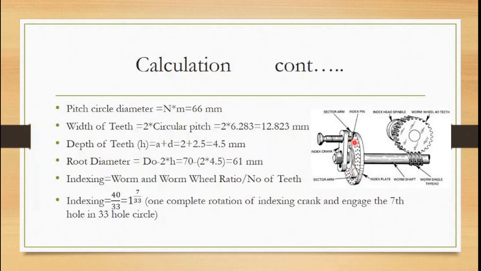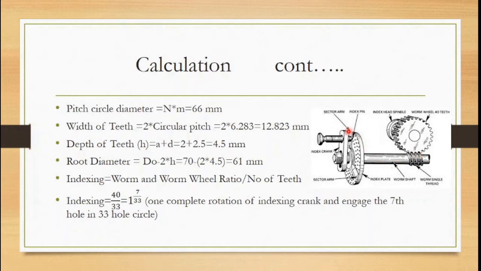So which hole circle is having 33 holes? In that we have to engage the seventh hole after rotating this crank one complete revolution. By doing this, we can divide the gear blank into equal number of parts and we can cut one gear